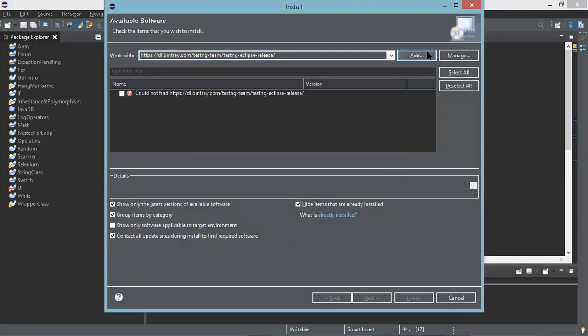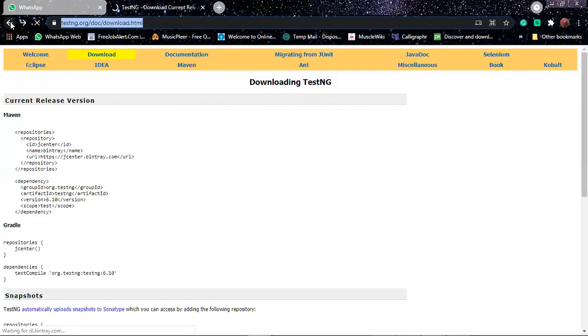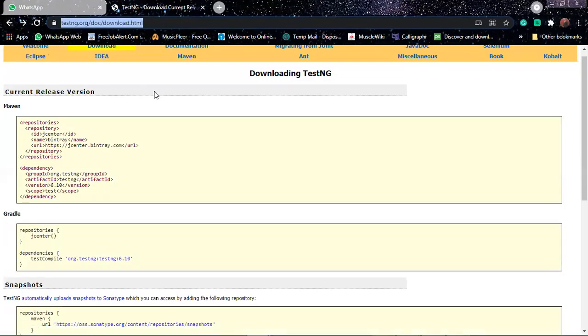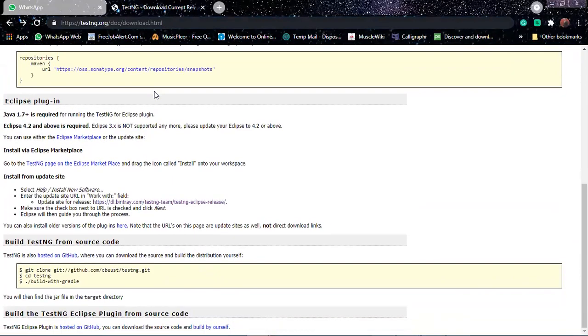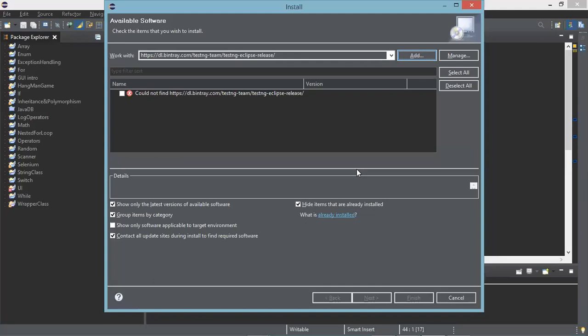Oh, it says it cannot find. Okay, go back to that browser again, the first tab. Come down. Okay, go to Eclipse again. Cancel.